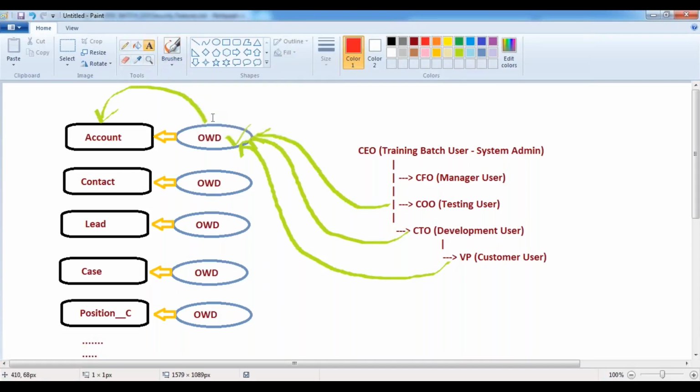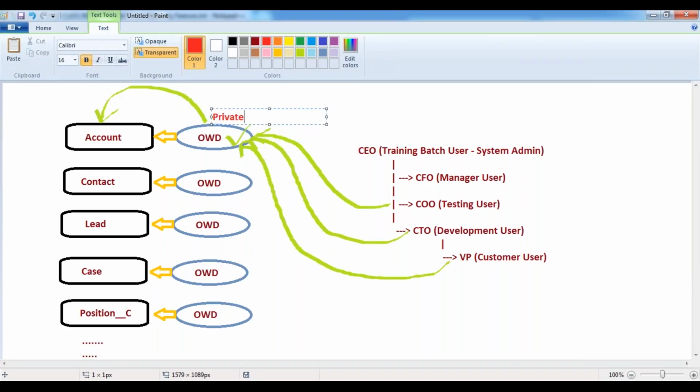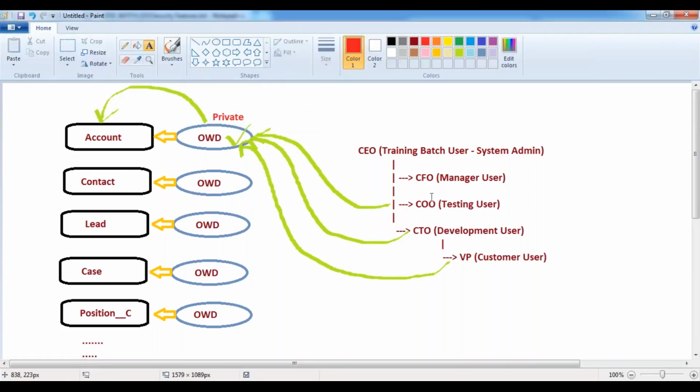I'm making this object OWD private. So now in this case, what will happen? Whenever the testing user creates a record, the record will be visible only to the testing user and his manager. Only these two people will be able to see it. Other people will not be able to access the record, because it is a private record here, not a public record.